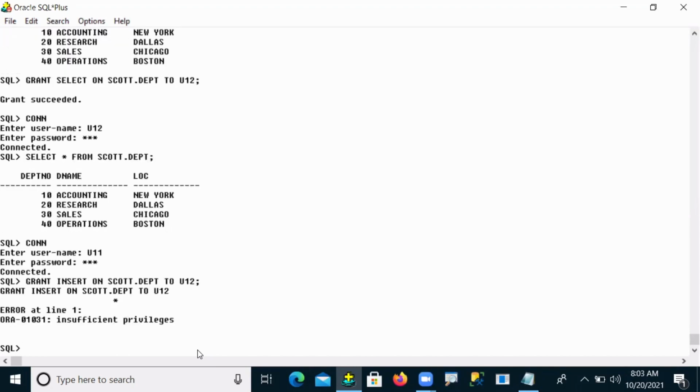So what happened? You can see insufficient privileges. Why, guys? Why can't user 11 give one more object privilege on the same table to the same user? Why can't he give it? Any guessing? Come on, guys.